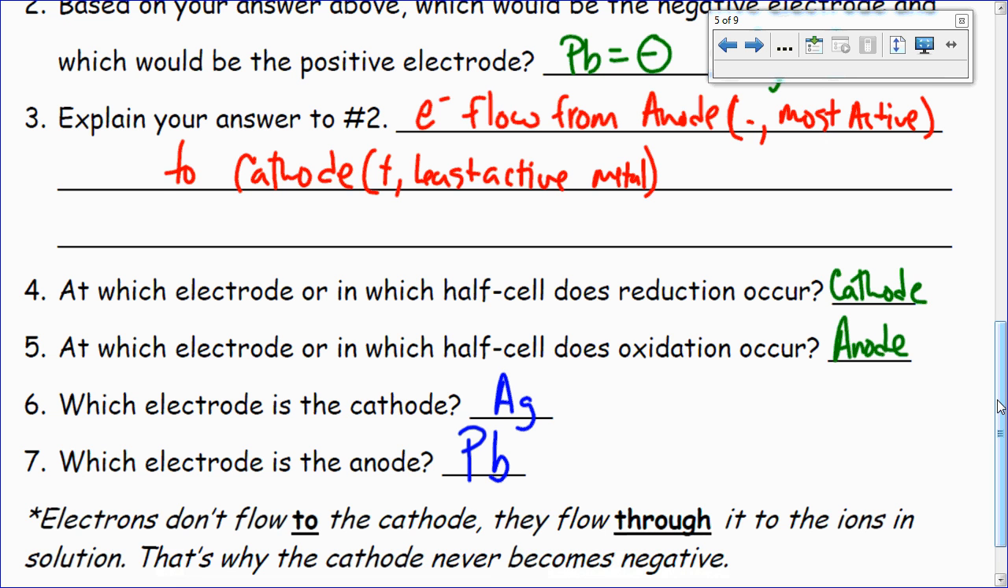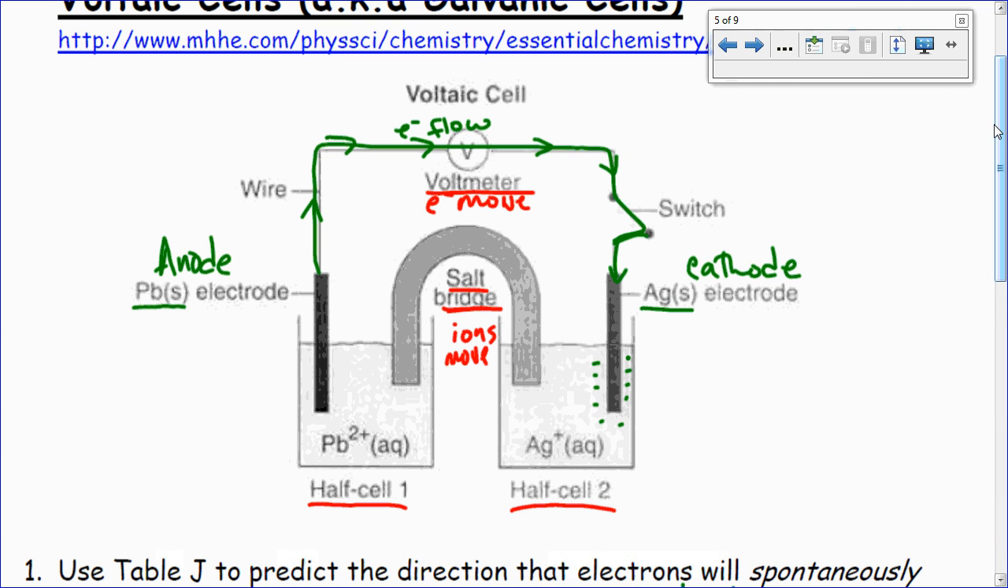So electrons don't flow to the cathode, they flow through it to the ions in the solution. That's why the cathode itself never becomes negative. One of the things that's always hard to wrap your brain around is if the electrons are moving from the anode to the cathode, they go straight into the solution. They don't actually build up on the cathode. Because you say, well, if they're going to the cathode it should become negative. That's not the case. They're going through the cathode into the solution to reduce Ag+ plus 1 electron to